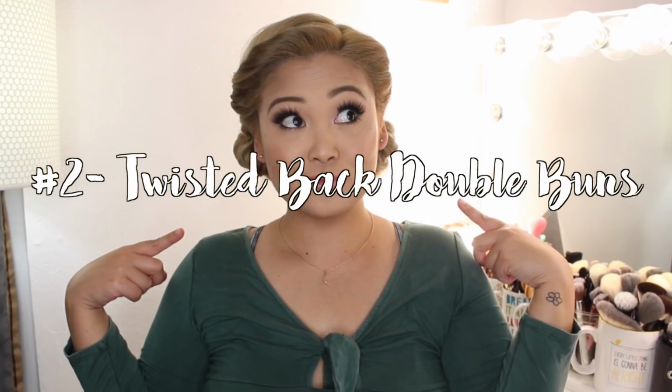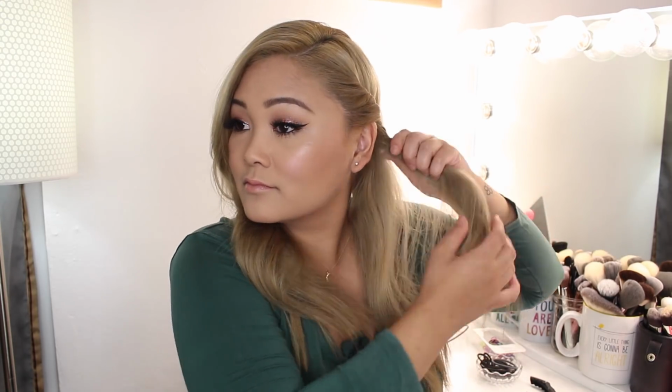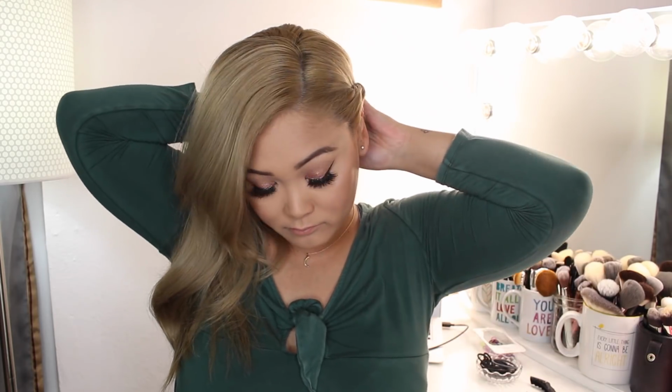Hairstyle number 2 is super easy. It is the twisted back double buns. So I'm going to start off by splitting my hair in half. I do have a side part, that's just personal preference, but I'm going to take a section of hair, twist it back, and then grab another section and twist that back, and just keep twisting my hair back until I get to the end, and then I'm just going to keep twisting it until it becomes a bun,